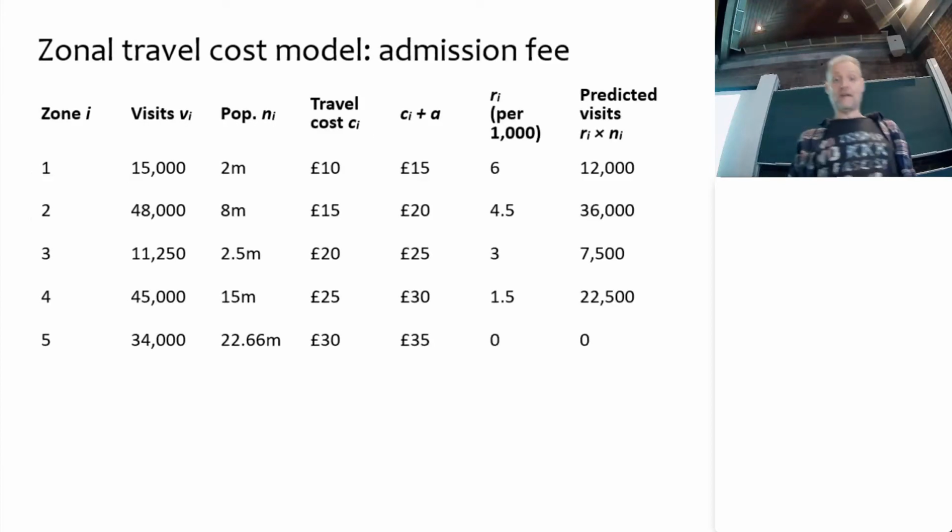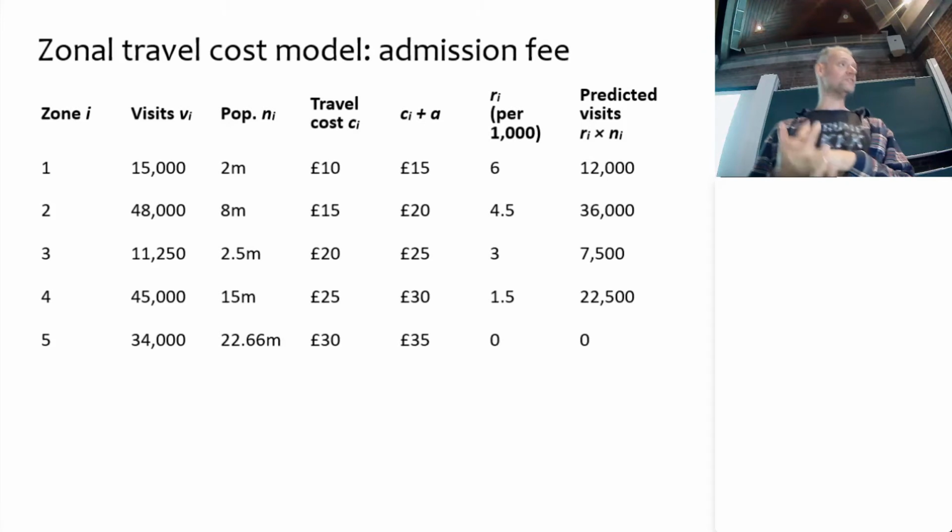And then you can play around. What you could do is you could say, well, what happens if instead of free parking, you need to pay £5 to park your car, assuming that everybody comes by car, which, given the distances that we're talking about, seems a reasonable assumption, right? Price goes up, then with the model that you have, you can also predict what would be the new number of visitors, right? Costs have gone up, so zone 1 has become like zone 2, and zone 2 has become like zone 3. So we have a new R, and therefore a new